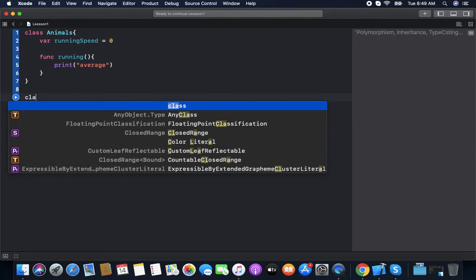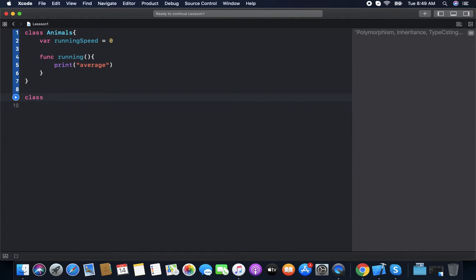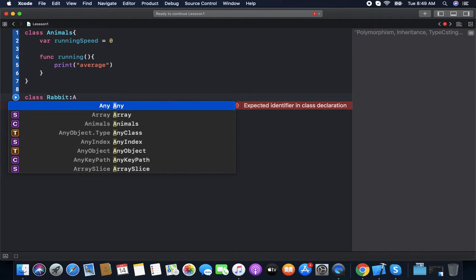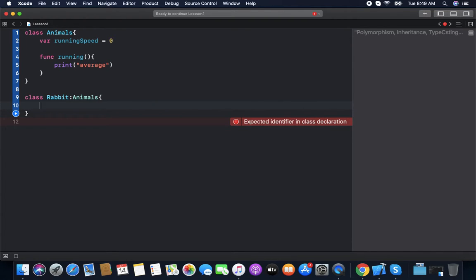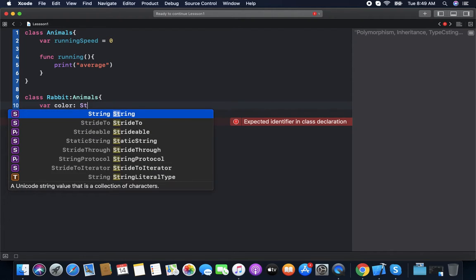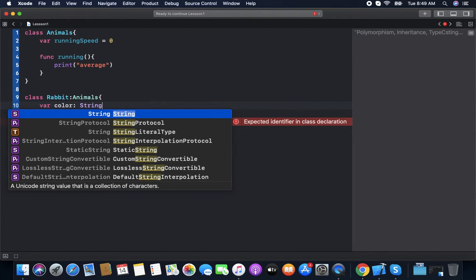Now we have class Rabbit, which inherits from Animal. Rabbit has its color property, white or black, anything.